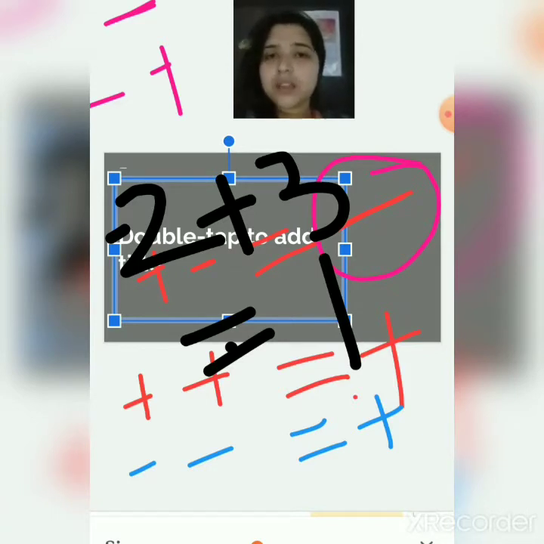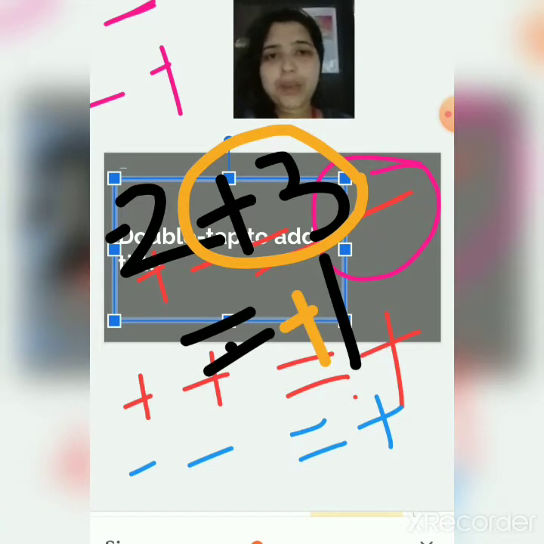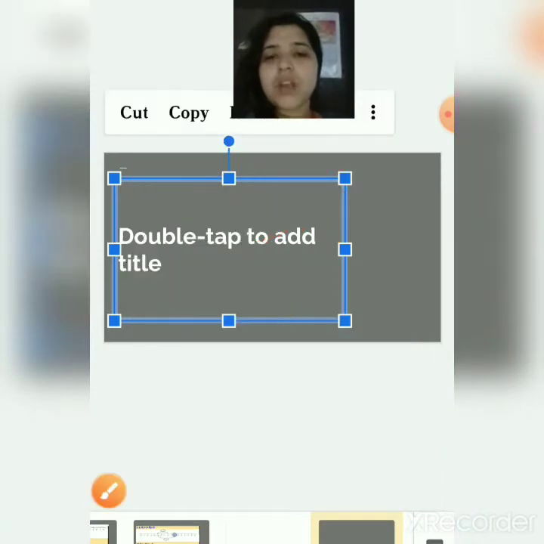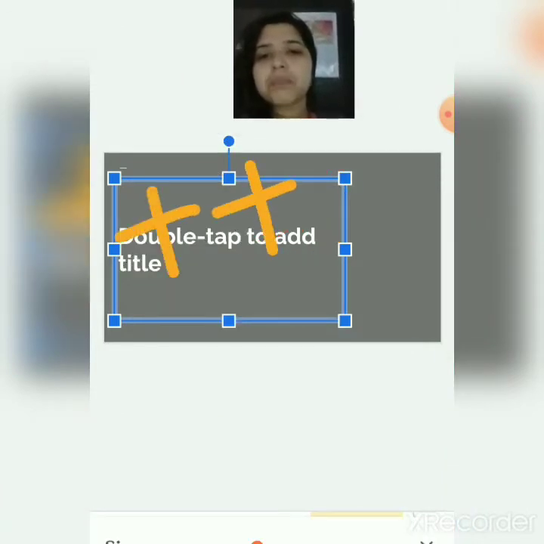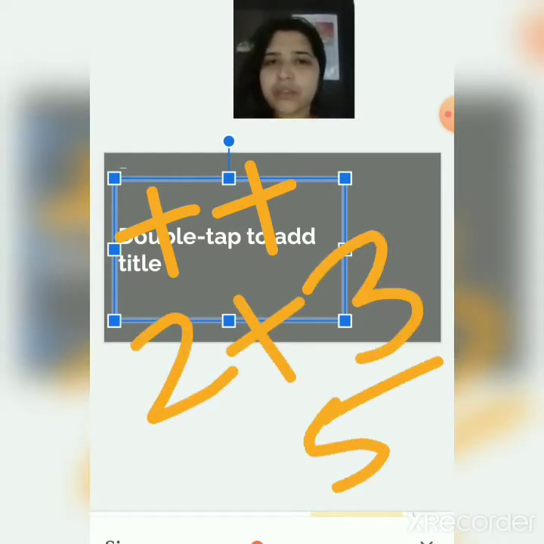But the other thing is that you have to put the sign of which number? You have to put the sign of the greatest number, that is 3 here. So we will not put the plus sign because we usually don't show the plus sign. So simply write 1. Now the next one, plus plus. Plus 2 plus 3 is directly 5. It is easy. Now we will move to the next.